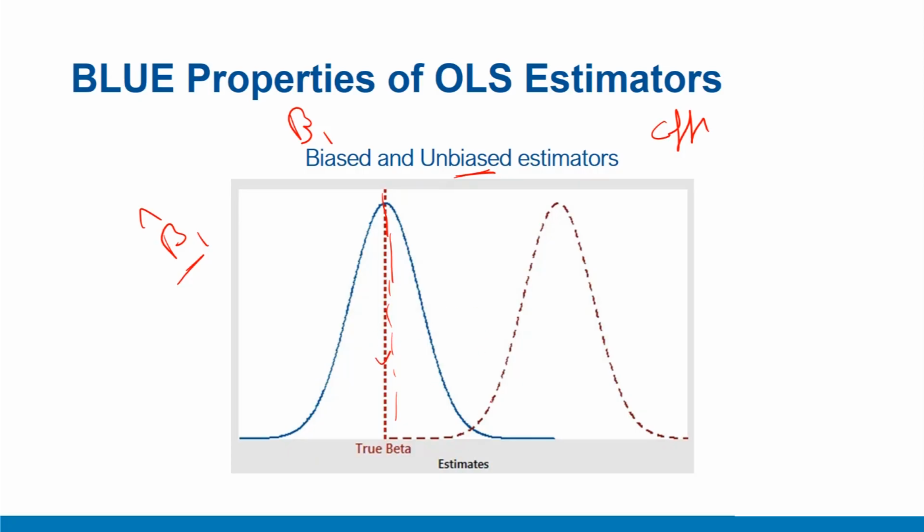However, if the expected value is different, for example this curve, notice this, the distribution of the coefficient here and the expected value is somewhere here which is different from the true beta, then this is a biased estimator. In contrast, the blue one, this one, is called unbiased because its expected value is somewhere around the true beta, and such estimators are often called unbiased estimators. If the certain assumptions that we discussed regarding multicollinearity, autocorrelation, heteroscedasticity, the 10 classical assumptions, hold, then OLS estimators are considered as unbiased estimators.